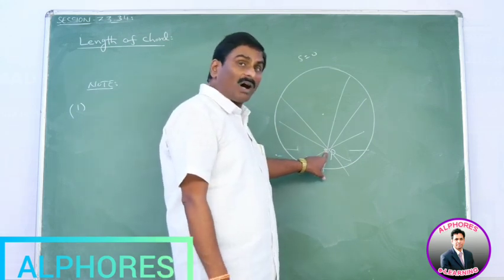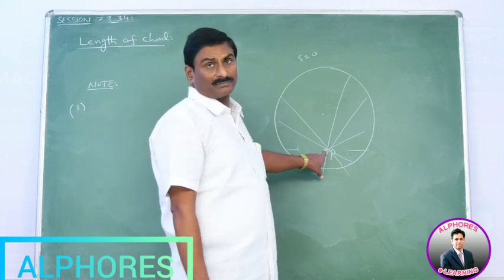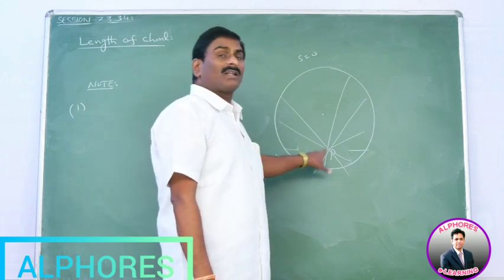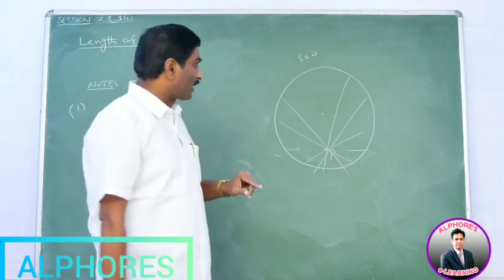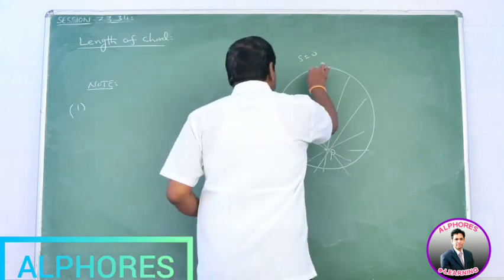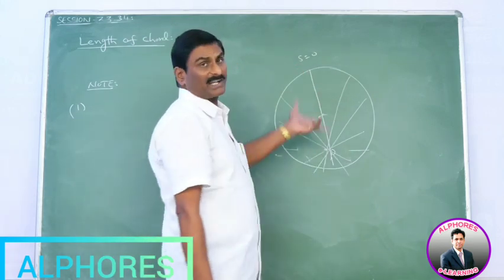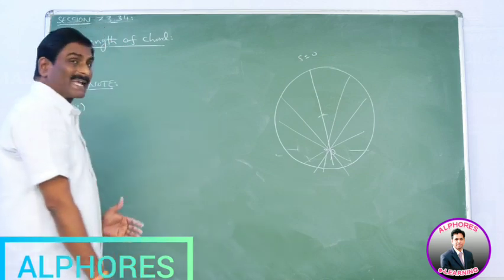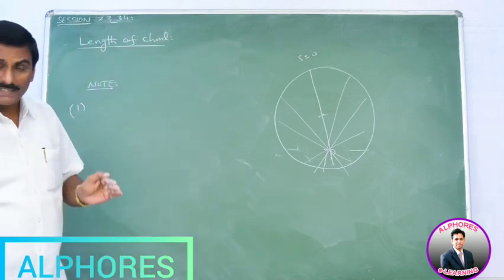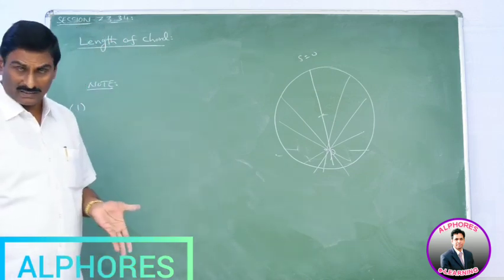The maximum length of the chord passing through P is dash. The maximum length of the chord is nothing but the diameter. If the chord through P passes through the center, it is the diameter. It is the greatest value. So, the maximum length of the chord passing through P is equal to the diameter of the given circle.